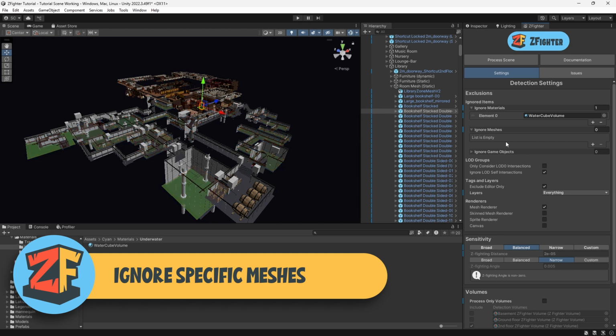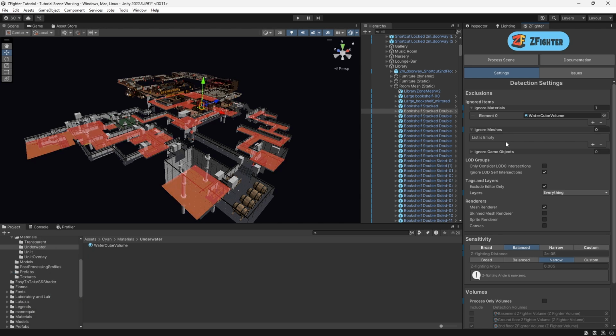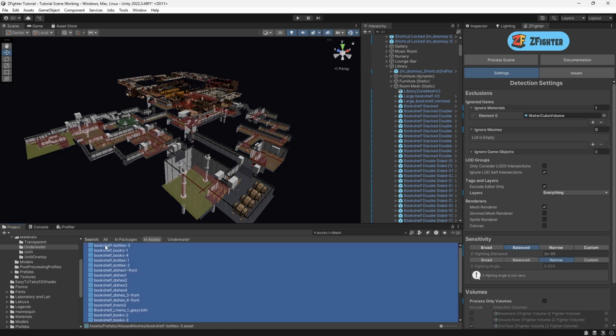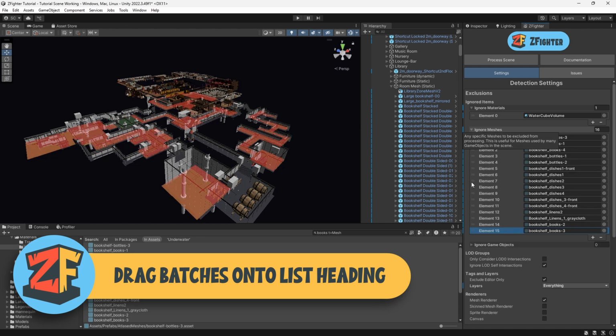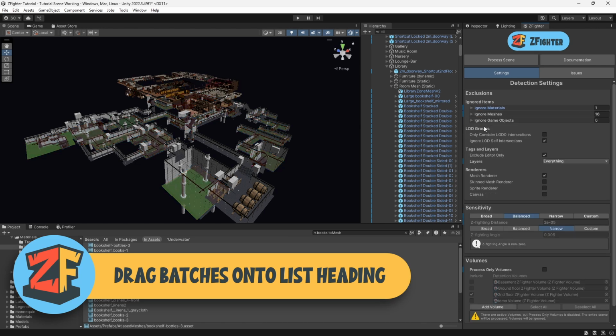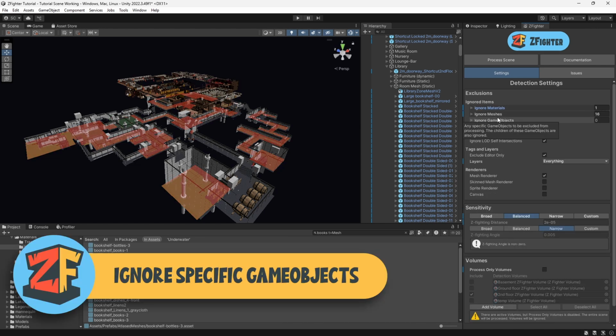Okay, now are there any meshes that we might want to ignore? I happen to know in this project we've got some meshes that are books, and I know they're causing some issues, but I don't want to deal with that right now. So let's just get rid of those. So let's filter by mesh, and these were called books. Okay, so all of those assets that we combined, let's select all of them, drag and drop that onto the heading here of our ignore meshes. Okay, and now game objects,